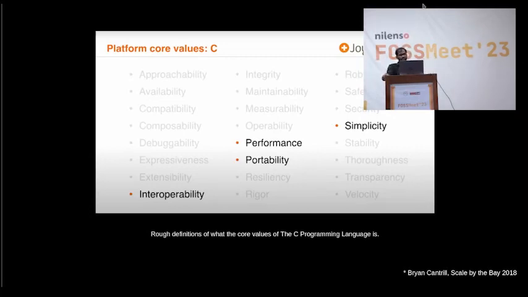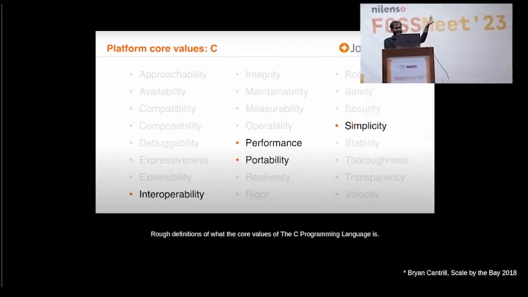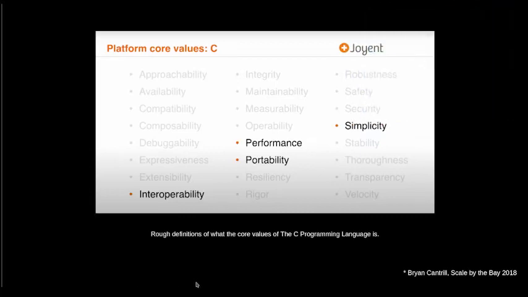He drafted some core values, and this is not a full systemic scientific thing. It's just what he believed. You can see there are really important things for a systems programming language to have, for example security, which C doesn't have. Anything which influenced C's development basically came from these core values. Now, why Rust? Why the Rust cult? It is a cult.